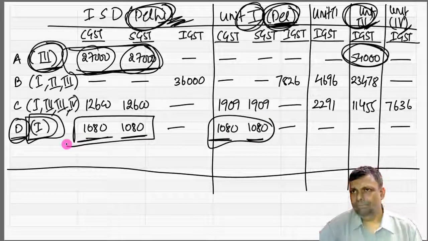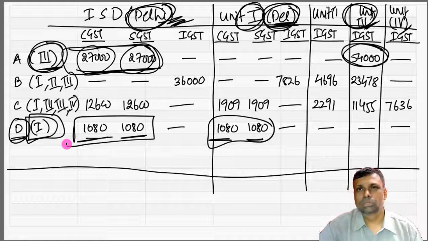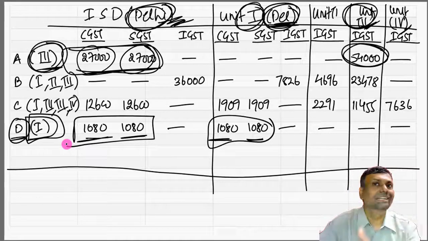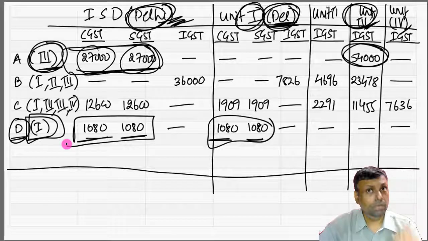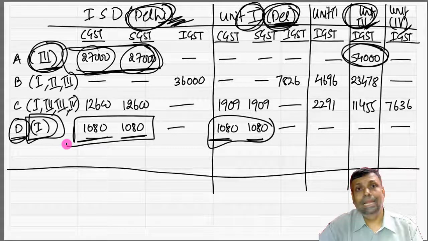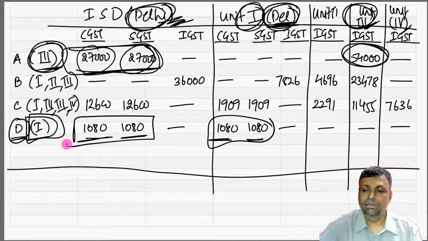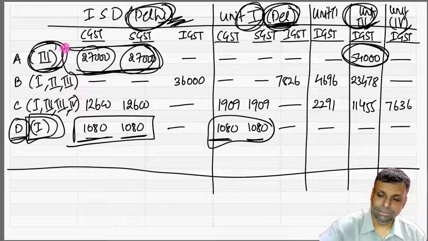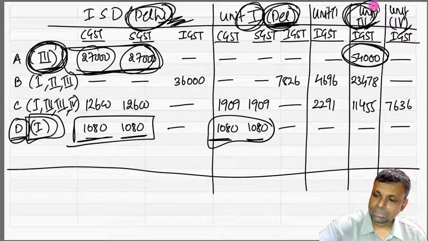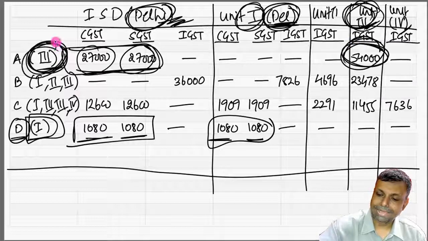It's just like, don't write this in the examination in books of accounts, you will debit one ledger and credit that particular ledger. This is the proper tally that you have to do. That means whatever is your input credit, it has to be tallied to your transfer of credit. Nothing more, nothing less, as the case may be. If it is directly in relation to a unit, then you have to transfer to that particular unit. So look at this. This is unit number 3. So this is transferred to unit number 3. So there is a direct allocation.